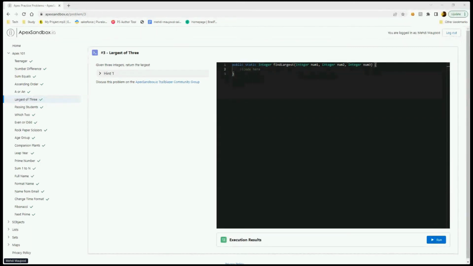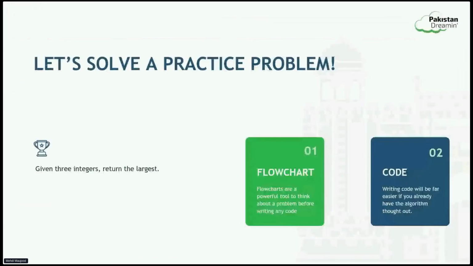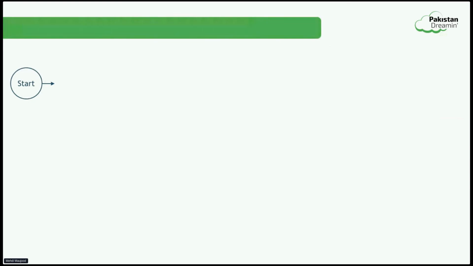I'm going to go back to the presentation and show a flowchart of how we could solve this. If you use Flow, you may be familiar with how the diagrams are for flowcharts. We start with this little circle, start, and we are trying to build a repeatable recipe for solving this problem. So we have three variables. We have num1, num2, and num3. Which one of them is the largest?